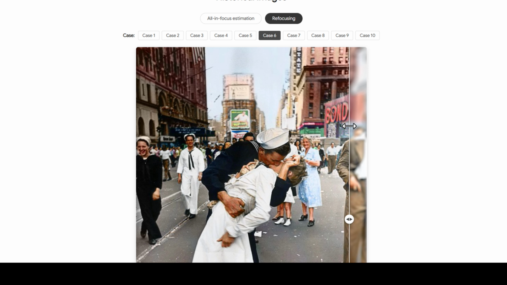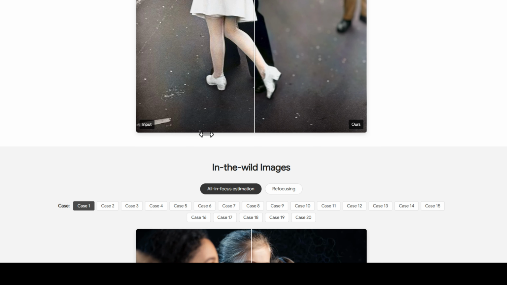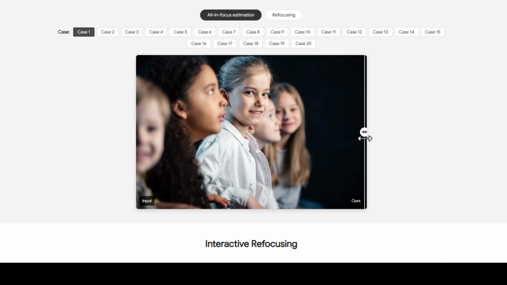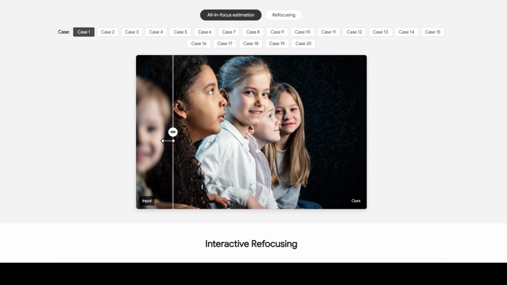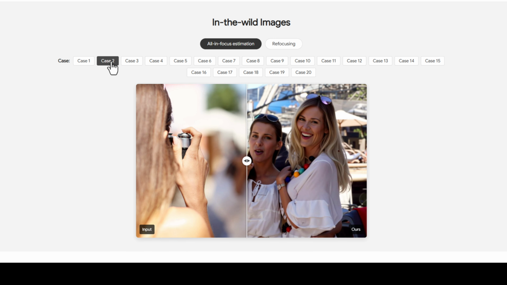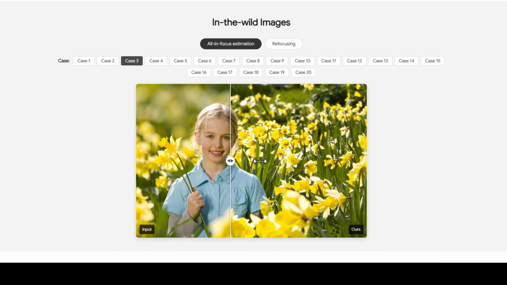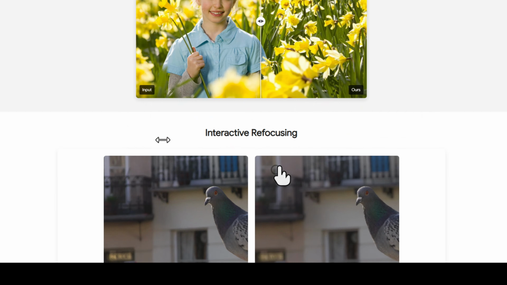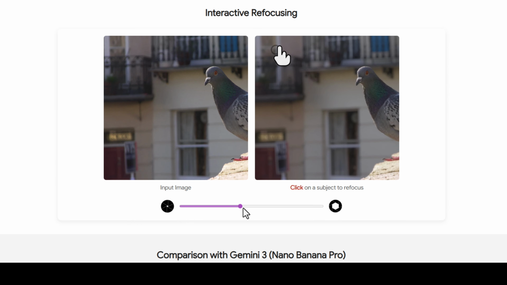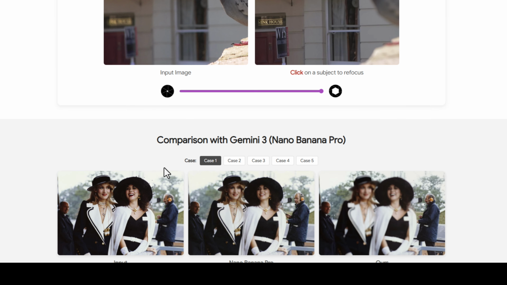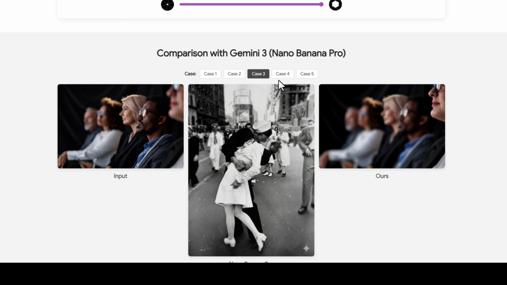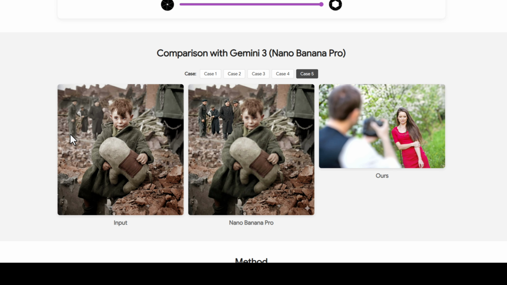First, the model removes blur, not by sharpening pixels, but by reconstructing an all-in-focus version of the image. Details that were softened by depth of field are recovered into a clean, sharp baseline. Then comes the magic. The system estimates depth across the entire image, near objects, far objects, everything in between. Using that depth understanding, it re-simulates real optical blur, the kind produced by physical camera lenses, not software tricks. You're not blurring an image, you're rebuilding optics.